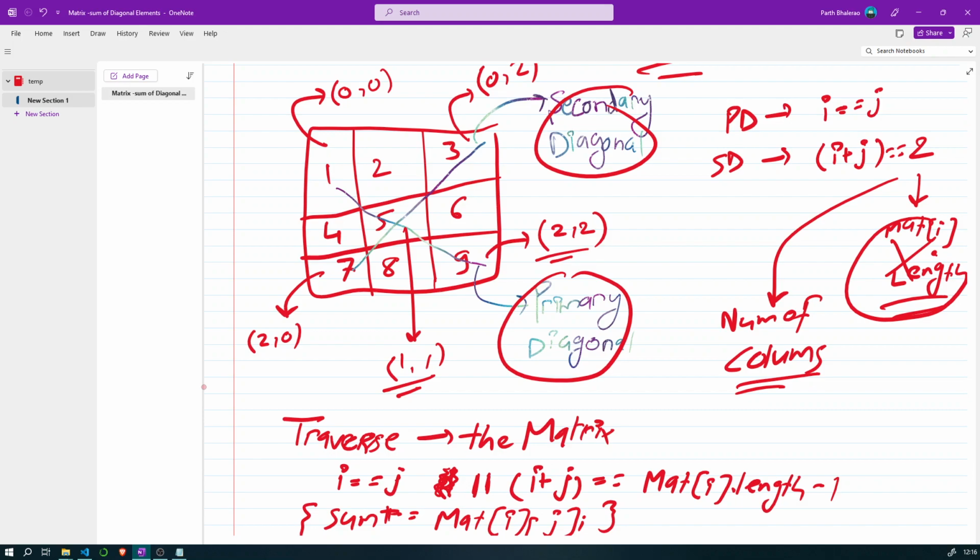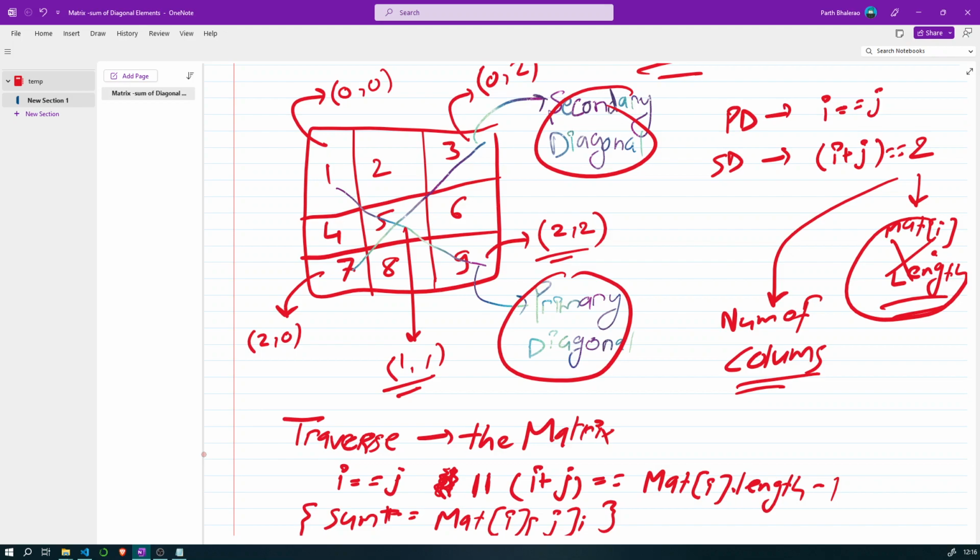Perfect. So I think the logic is quite clear. In one case we check if i is equal to j, and in another we check if i plus j is equal to mat[i].length minus 1.